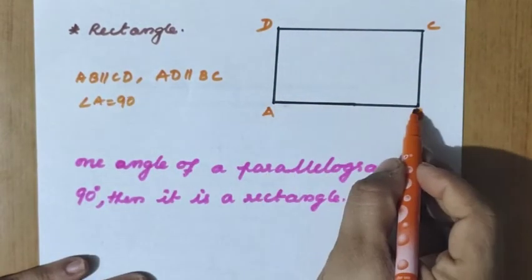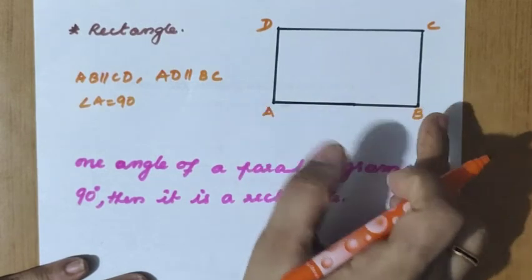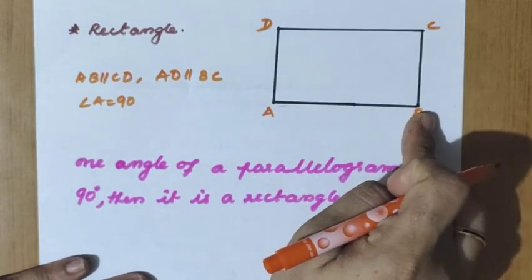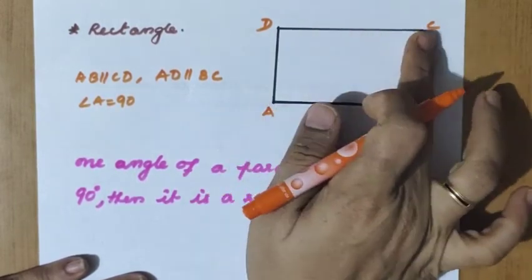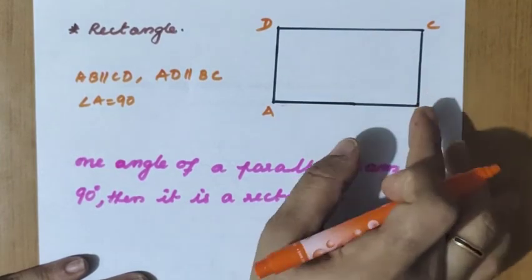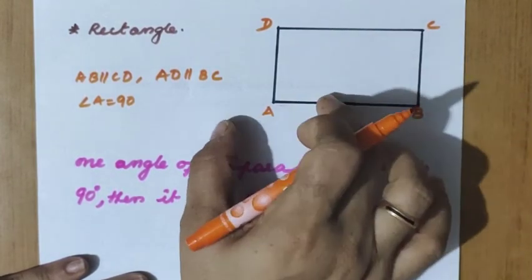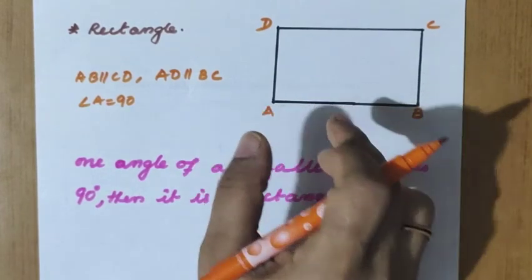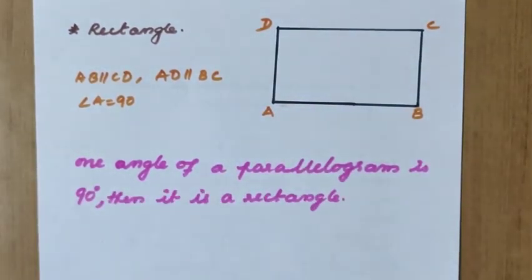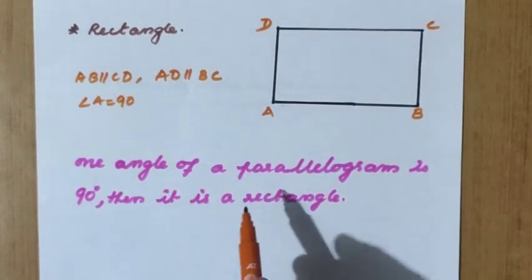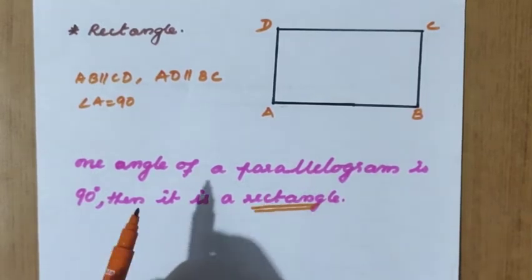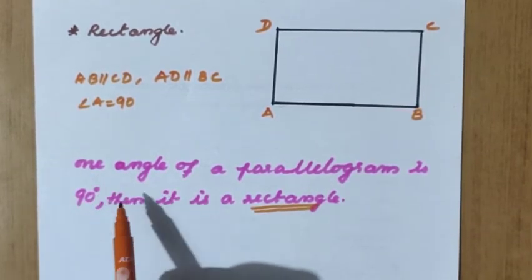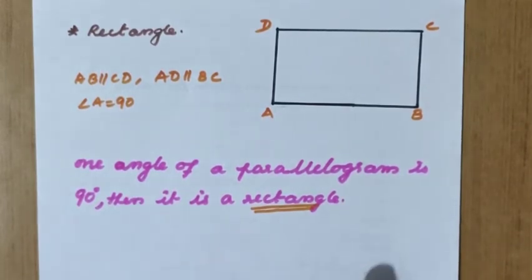If it is 90, you know that in a parallelogram co-interior angles are supplementary. So if this is 90, then this is also 90. Similarly, BC is another pair of co-interior angles because these two sides are parallel. So anyway, you will get all the angles as 90 degrees. So one angle is sufficient. If one angle is 90, we can show that the remaining angles are also 90 degrees. So what is the definition of the rectangle? If one angle of the parallelogram is 90 degrees, then it is a rectangle. We can solve this statement in a detailed way when we are doing the examples.